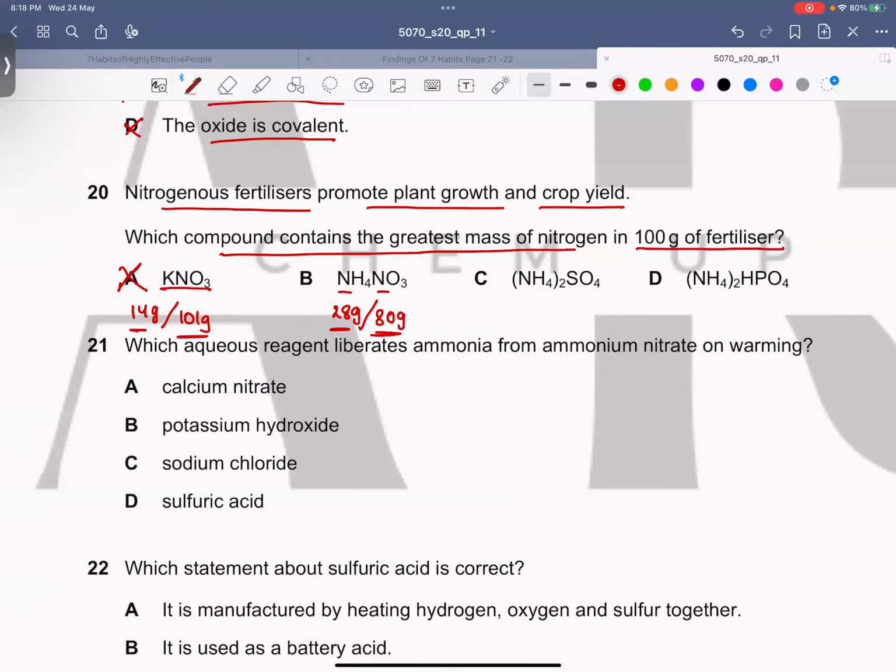Is this understandable? Okay. Now, if you look over here, sulfate is 96, and again there are 2 nitrogen. So 14 grams in 96 plus 14 plus 4, 18, 36, and 96, 120, 132, I assume. 132. So see, 132 grams, sorry, not 14. So if I take the ratio for 100 grams, the mass would be lesser than 28 grams. So again, it goes wrong. Because here 80 grams have 28 grams, and there 132 grams have